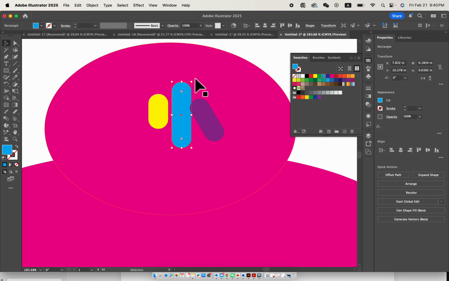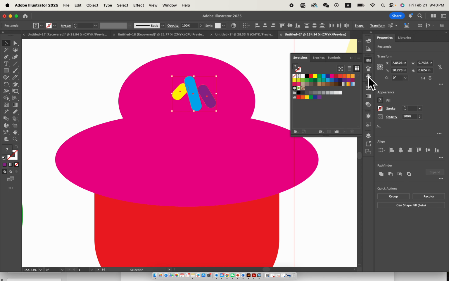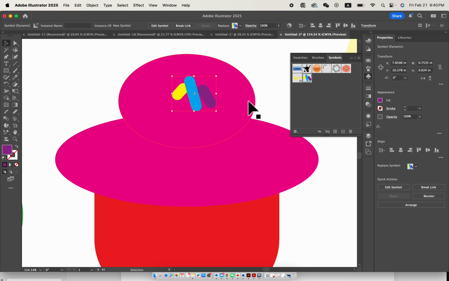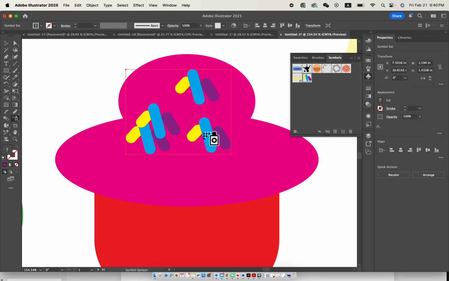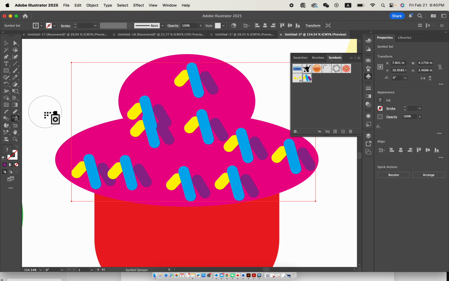Somehow make them rotate a little bit, make them look more natural. Right, we can select them, go to the symbol panel and drag them inside. Click OK, and we can use the symbol sprayer. Right, I can get multiple of them by clicking, and we can